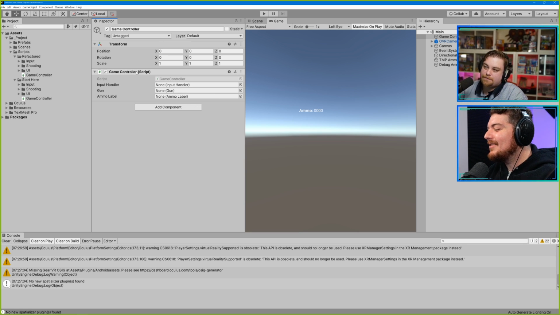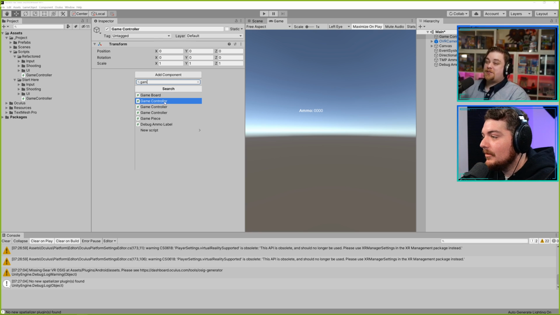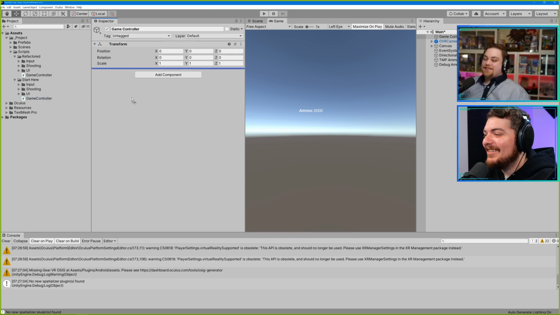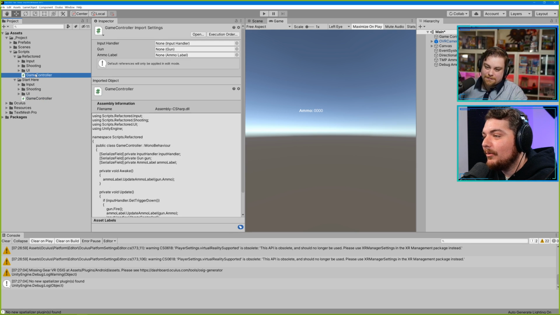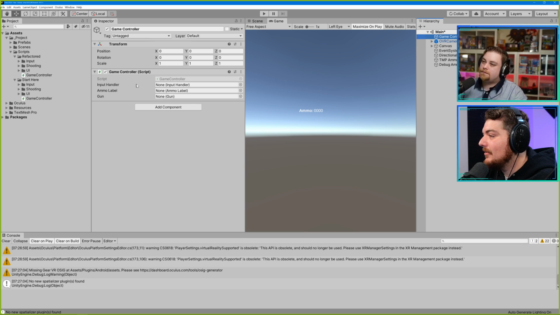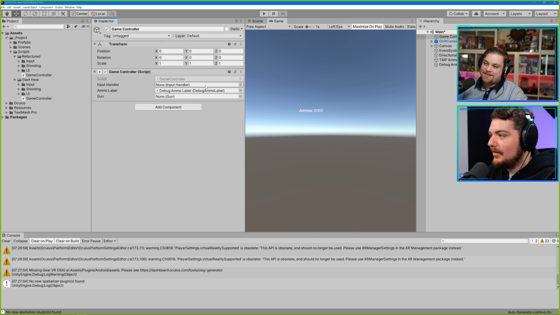I wonder if it's messing up because of the namespaces. Oh, this is the wrong namespace. I have two game controllers. Oh, see, it's your fault. Okay, good to know. I dragged the one from the start here. I was using the one in the refactored namespace. I can almost guarantee that's what it is. Yeah, there you go. Getting tricky with the namespaces.